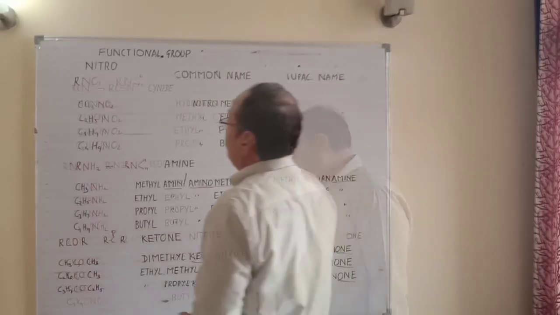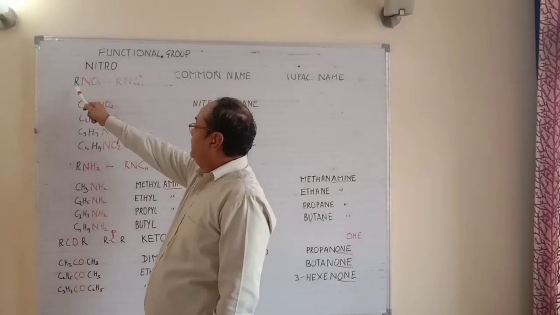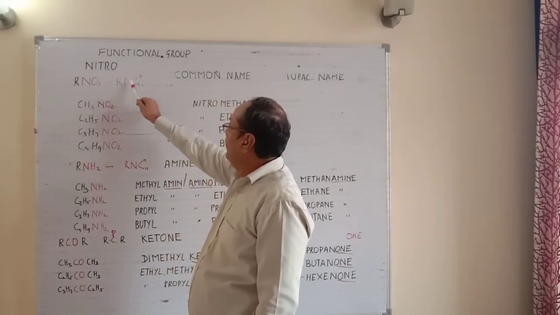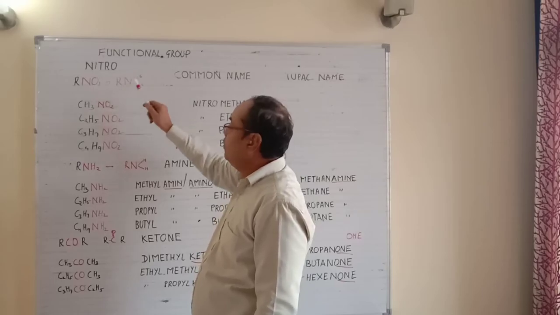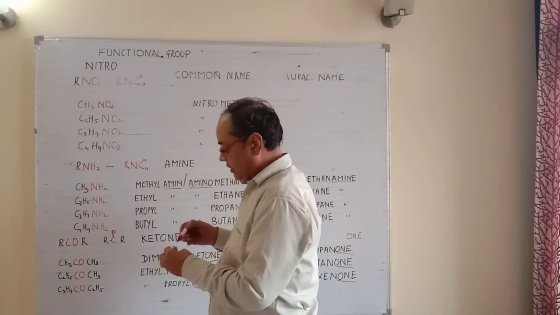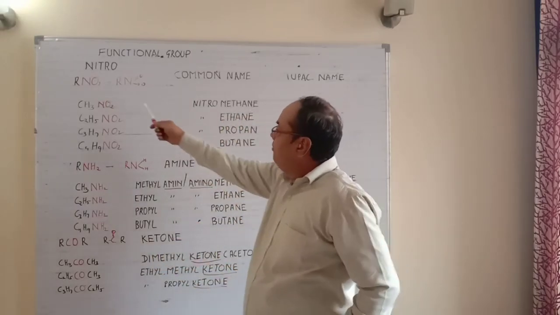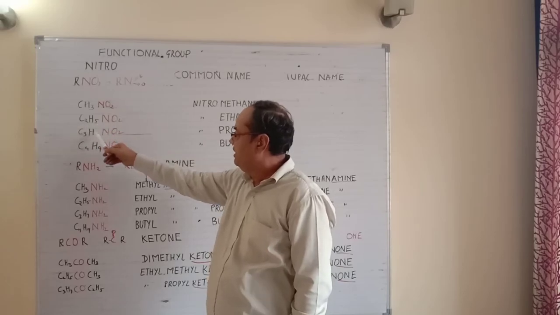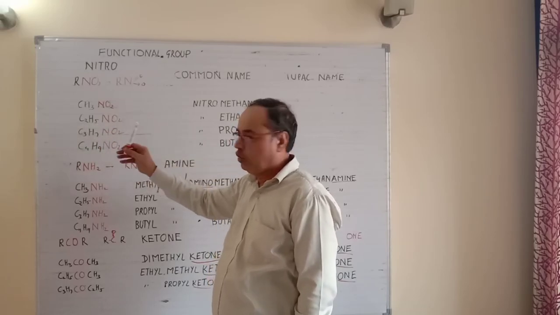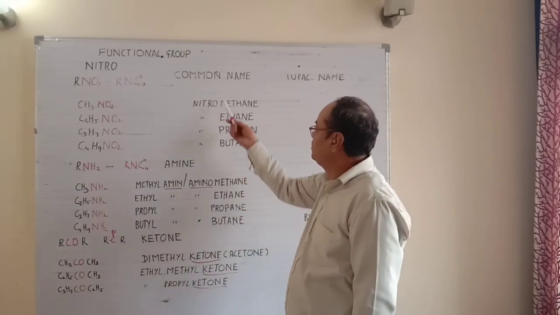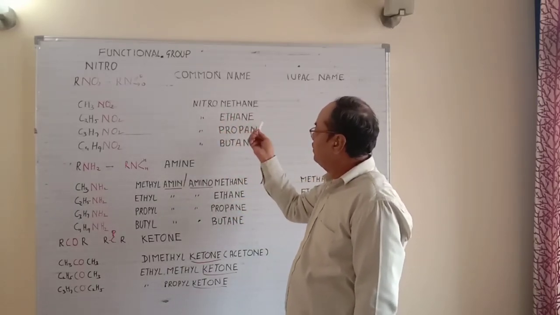Now we have the next group, that is nitro. Nitro is RNO2, R single bond N, double bond O, and one coordinate bond with O. Now the first member is CH3NO2, second member is C2H5NO2, C3H7NO2, C4H9NO2. This has only one name, which is the common as well as the IUPAC name. So nitromethane, nitroethane, nitropropane,